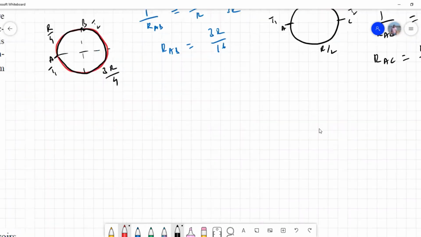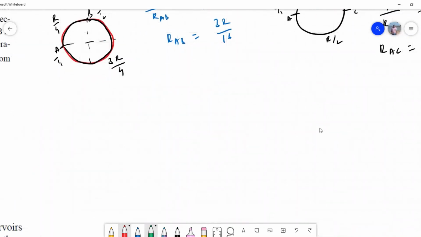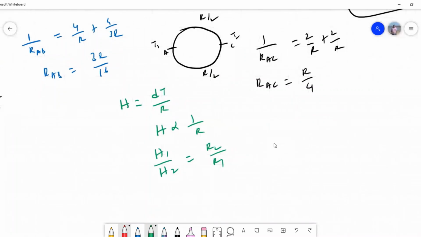So now we got these two. But we all know that the heat current can be written as dT by R. Here in both the cases, dT is constant. So simply heat current is inversely proportional to R. So H1 upon H2 is equal to R2 upon R1. Here H is given as I. So R2 means the second time, what is the effective resistance? R by 4. So nothing but R by 4 into the first term's inverse, 16 by 3R. So this will go by 4 times. R cancels. So overall the answer is 4 by 3.